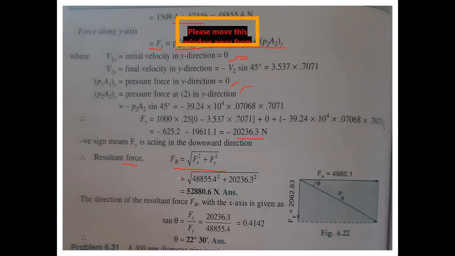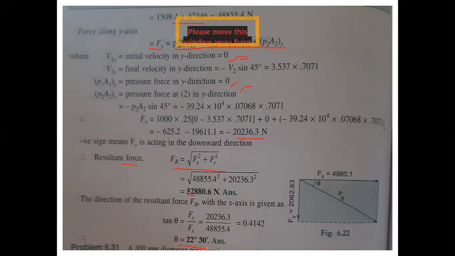Now substitute these values, simplify, and you are getting the resultant value 52,880.6 newtons. Now we have to find the theta, right? Therefore theta is equals to f of y by f of x. Substitute the f of y value here, substitute the x value, and we are getting theta is equals to